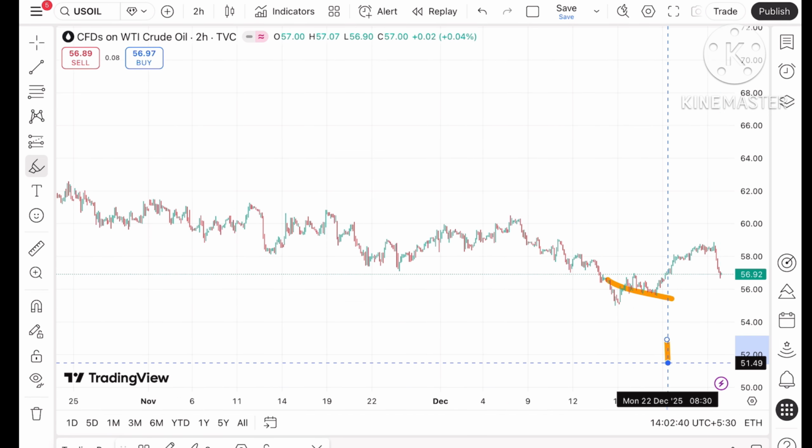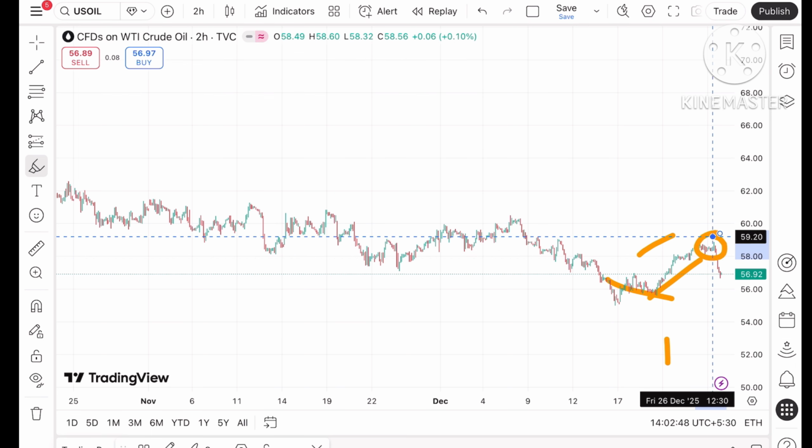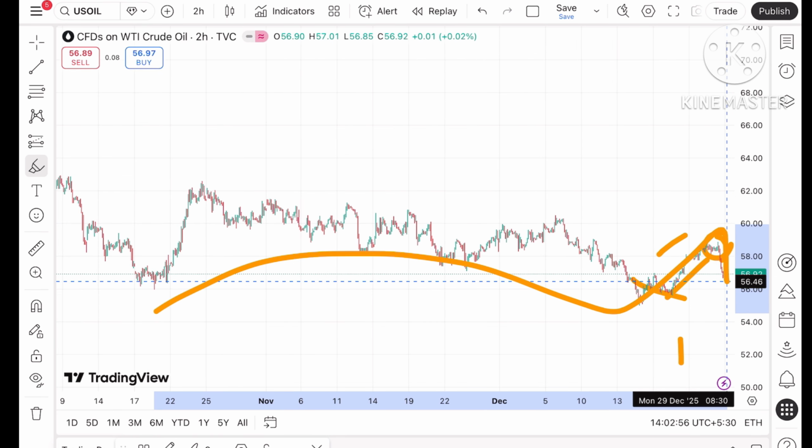Now if you look at this particular trend, oil prices have risen for several consecutive sessions at this level. But if you see from this particular perspective, on the 2 hour chart, from this particular Friday we have seen a continuous downfall, and the pattern is forming, so we can see it can go further low, with a probability of going towards 55.5 and then further down.